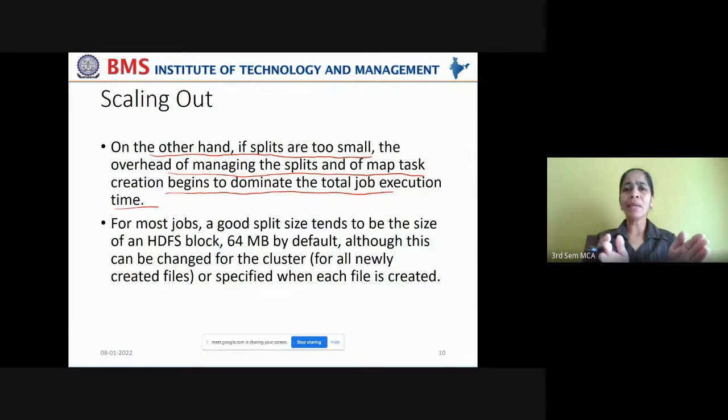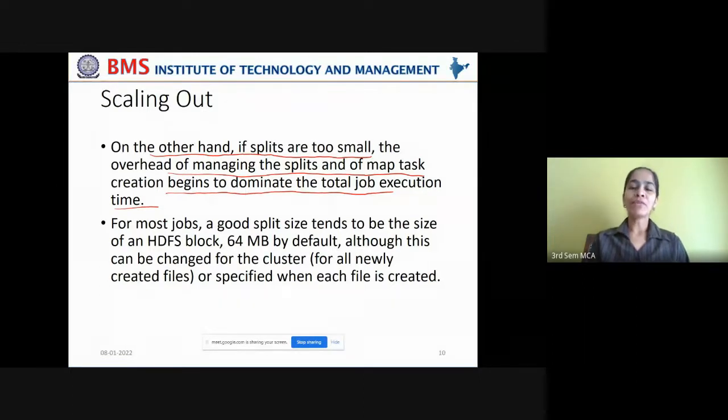As you keep on making the input splits smaller and smaller, you come out with a large number of input splits, and managing the input splits and creating the map tasks will actually start dominating the actual job execution time. So you have to decide what should be the best suitable input split in order to achieve the load balancing on one hand, and at the same time it doesn't dominate the total job execution.